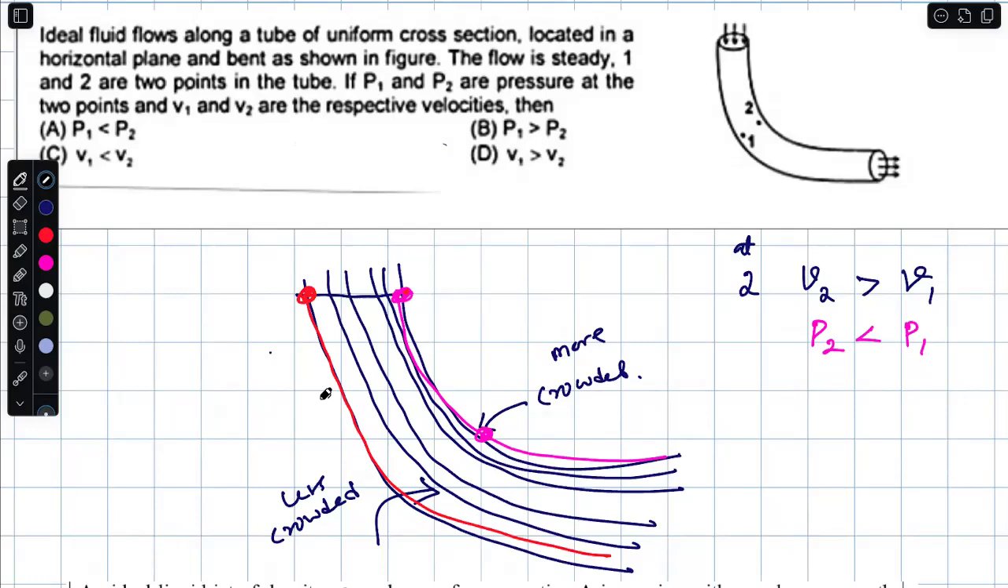Ideal fluids flow along a tube of uniform cross section located in a horizontal plane and bent as shown in the figure. The flow is steady. 1 and 2 are the points in the tube. P1 and P2 are pressure at the 2 points, and V1 and V2 are the respective velocities. Then,